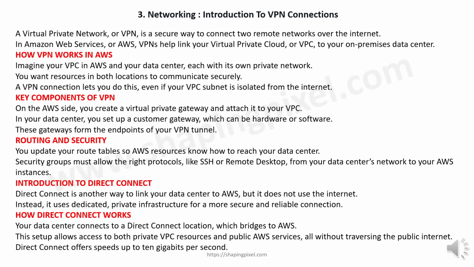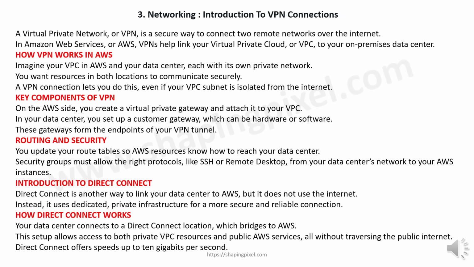On the AWS side, you create a virtual private gateway and attach it to your VPC. In your data center, you set up a customer gateway, which can be hardware or software. These gateways form the endpoints of your VPN tunnel. You update your route tables so AWS resources know how to reach your data center. Security groups must allow the right protocols, like SSH or remote desktop, from your data center's network to your AWS